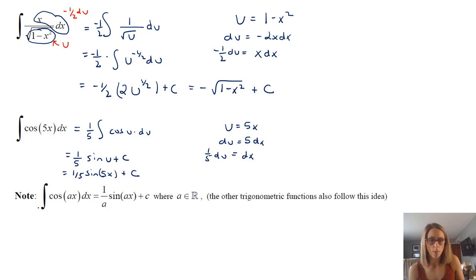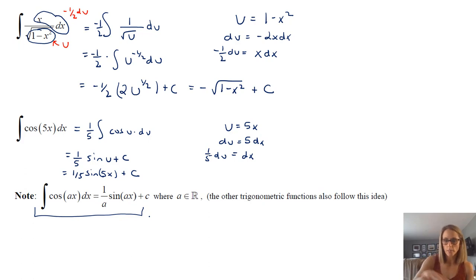And the reason that I want to do that problem is because this is a rule that we have, which basically just says that the antiderivative of cosine of a times x, where a is just some real number, is just 1/a times sine of ax. Like, you don't have to do a ton of work. You don't have to use the substitution rule if you can get to the point you can understand that. For the other ones, using the substitution rule is important and needed to show that, but I wouldn't require that on cosine of something or sine of something where the inside is just a constant times a variable.